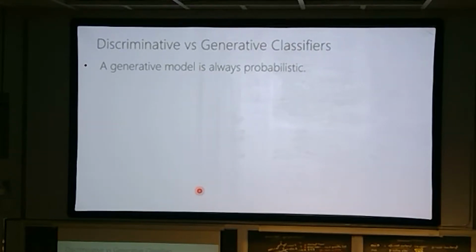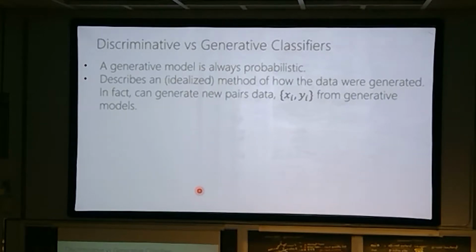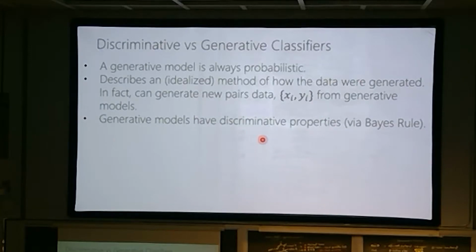And a generative model is always probabilistic, and the discriminative model might not be. It might just produce a score. The score is higher the more it believes in the class, but the generative model is always probabilistic. And actually, one way you can think of a generative model is that you can always generate the training pairs of data from it. It literally has a distribution over both X and Y. So from some model you train, if you wanted to generate pairs of data that look like what were in the training data, you can actually just draw them from that distribution.